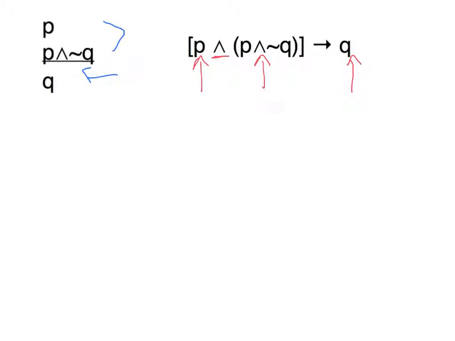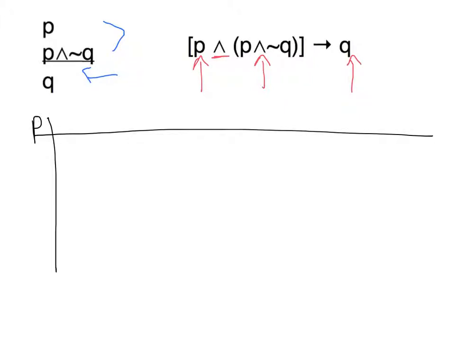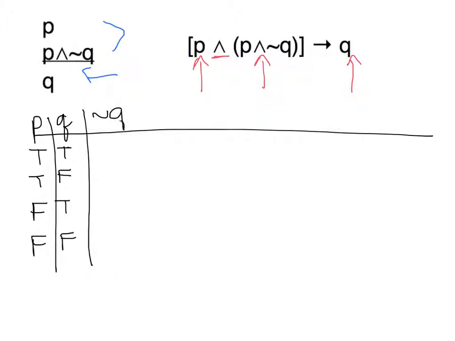So now we're going to go ahead and create our truth table. To start, we know we're going to have P and we're going to have Q, and as a reminder, P is always set up as true, true, false, false, and Q is always set up as true, false, true, false. Now, just looking at our compound statement, we also see that somewhere down the line, we're going to need a not Q, so let's just put that in now while we have the opportunity. We're going to take everything in Q and negate it, and that is going to look like false,